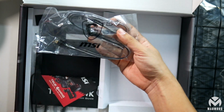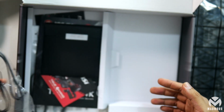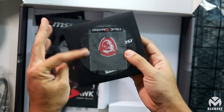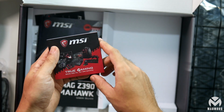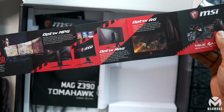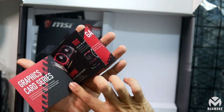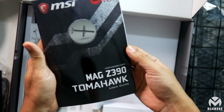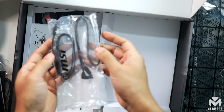And yes, contents of the box: the very important RGB extension cable, and there's a badge right there. Of course, installation disk, drivers and whatnot. We have this, what is this? Product catalog. So yes, the MSI Optix MPG right there, along with other MSI products that you might want to check out. And this right here is the user manual, user guide, a couple of SATA cables,